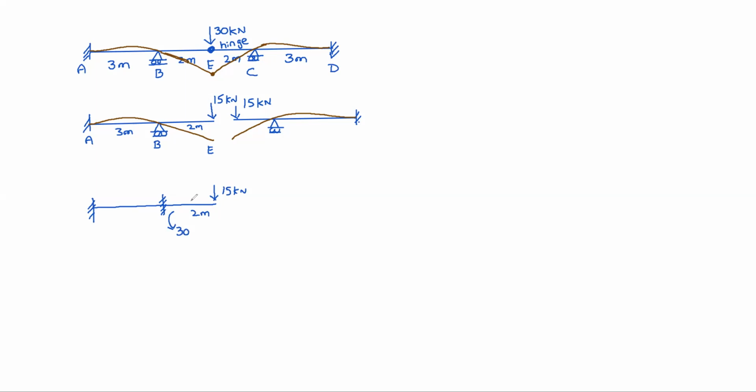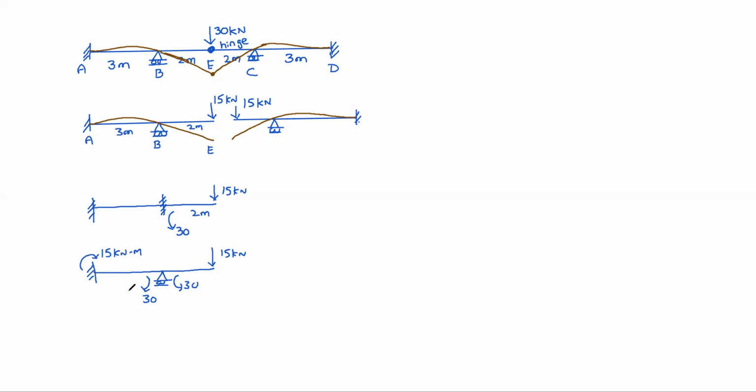So how to release that? We need to apply in the opposite direction 15 kilonewtons here at the support. For this 30, we need to apply. See, only one leg is there. So because BE stiffness is 0, total stiffness is having only the AB member. So for anticlockwise, clockwise 30, we need to apply here. For that, in the same direction, the far end will develop 50% of the moment. That is 15 kilonewton meter. So this is the analyzed structure.